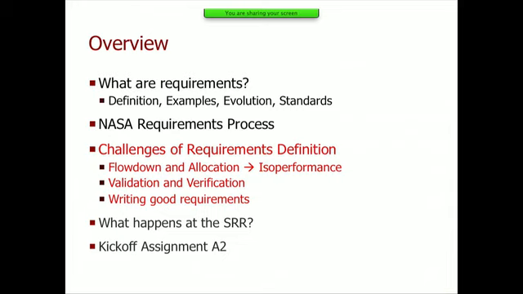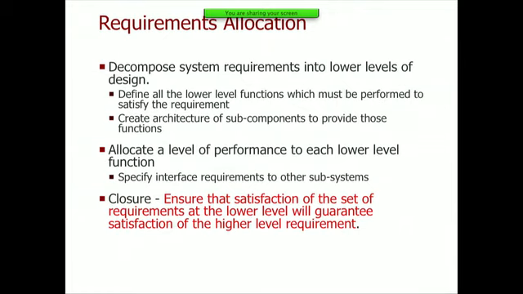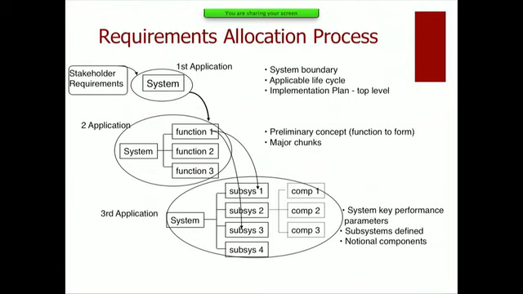Okay, so let me talk briefly about the challenges now of requirements definition. And this is not easy. There's a lot of challenges. The first one is requirements allocation. There's decomposition and flowing requirements to lower levels. And the idea is that whatever requirements you derive at a lower level, if you satisfy the lower level requirements, that should guarantee that you then automatically satisfy the higher level requirement, right, from which the lower level requirements were derived. That's the basic idea of requirements allocation. And so the way you can think of this graphically is we start at the high level. Here's our stakeholders, right?